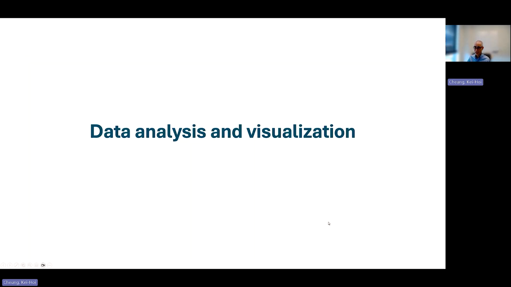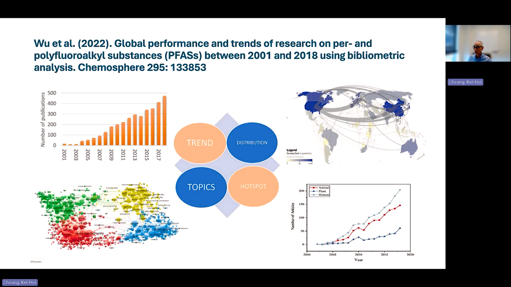Next, I would like to show you, once we extract all this metadata, how you analyze or visualize it. In this paper published in 2022, it described how to perform bibliometric analysis of PFAS studies from 2001 to 2018.